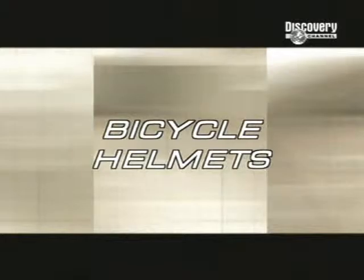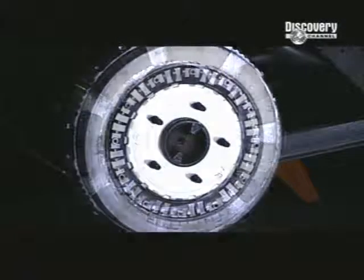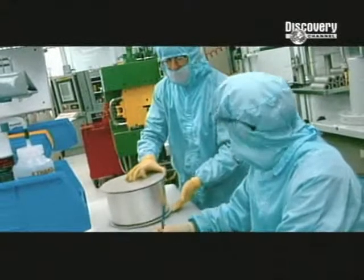Today on How It's Made. Bicycle helmets. Safety first, second and third. Aluminium, making the most versatile metal around. Car brakes, from anti-skid to ABS in 4 minutes flat. And lithium batteries, revolutionising the power pack. But first,